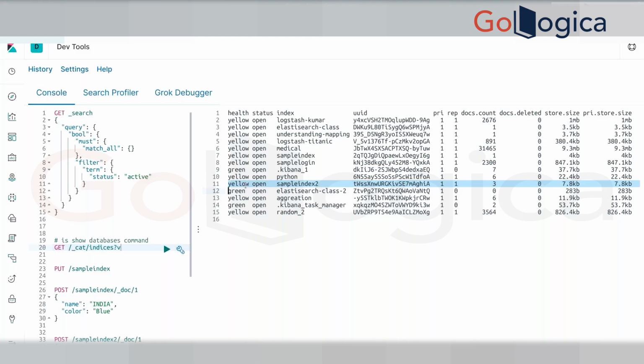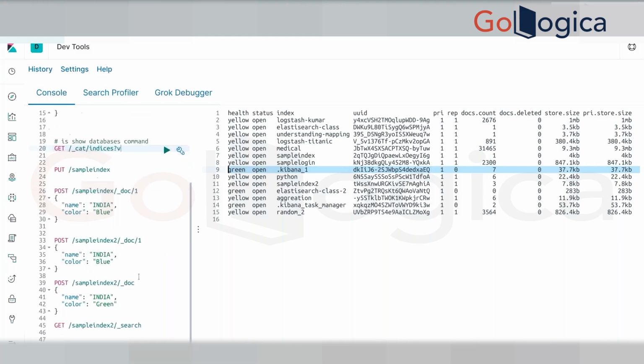But if you carefully notice the yellow row and the green row, you will see a small difference. Can you find what the small difference is here? Yeah, the replica is zero. Yes, with replica zero, it is able to satisfy the system constraint and it is in green status. Nothing to worry about. As the default configuration, the replica should be zero. Now we don't have any trouble in using it. Now can you correlate how it has been done? So how do we make this replica zero? Do we have to make some configuration changes in